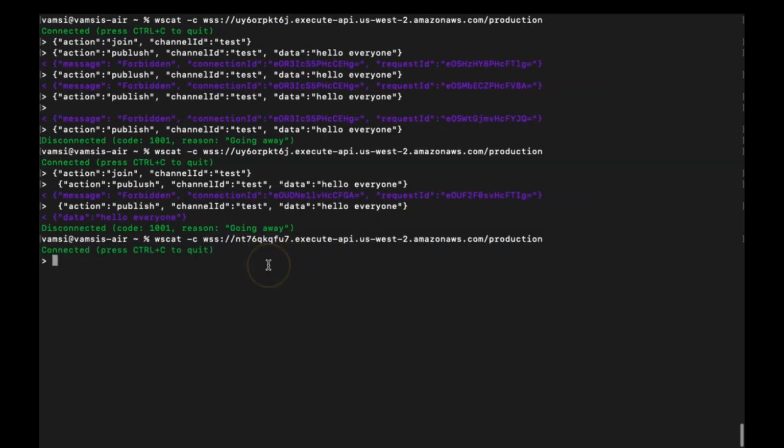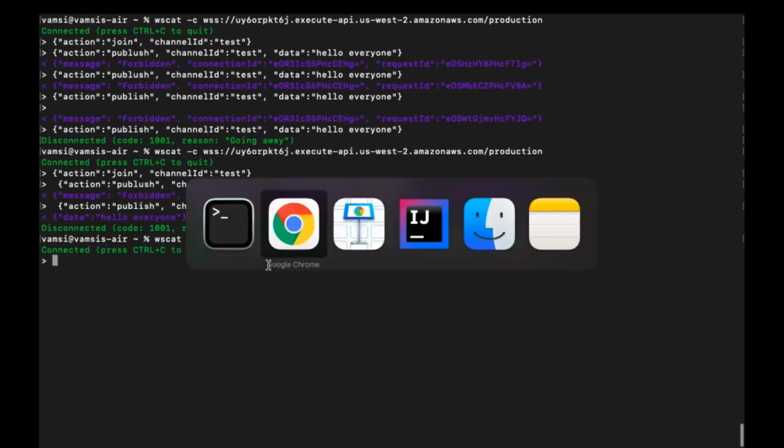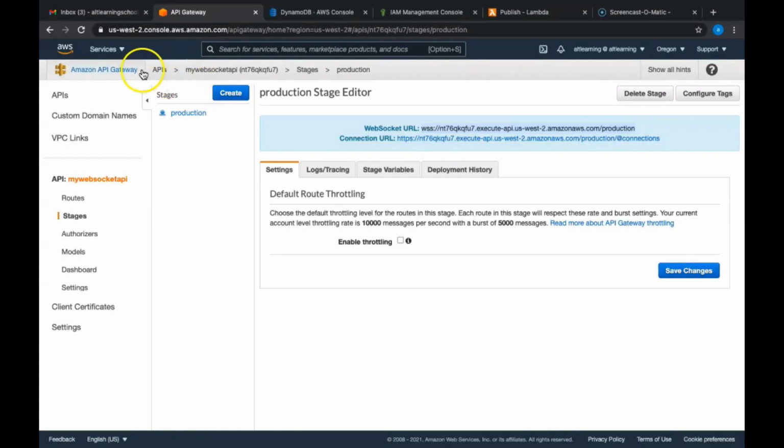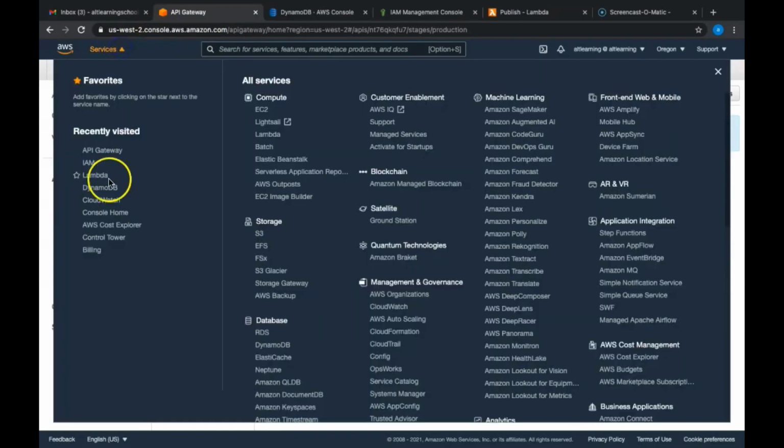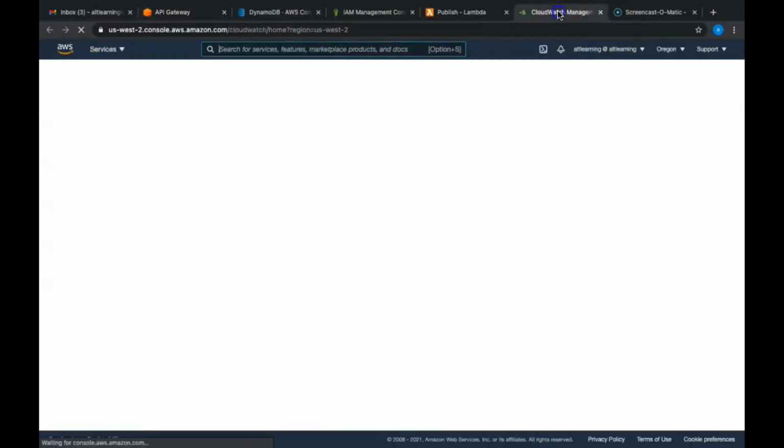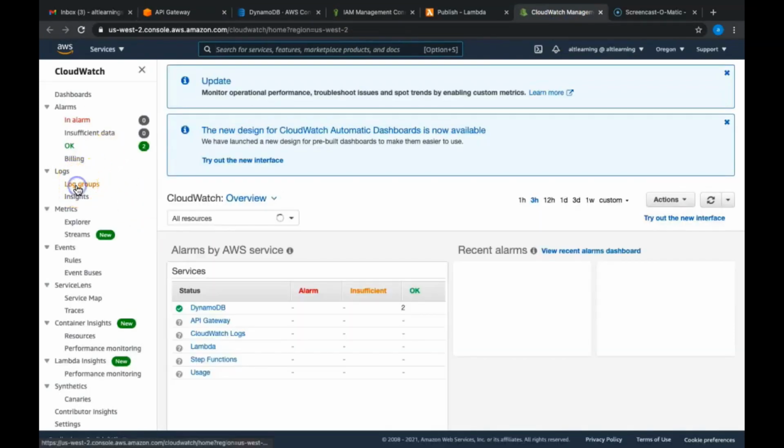See, now it got connected. So now let's see what has happened. Okay, now if you go into CloudWatch, and then you go to log groups,